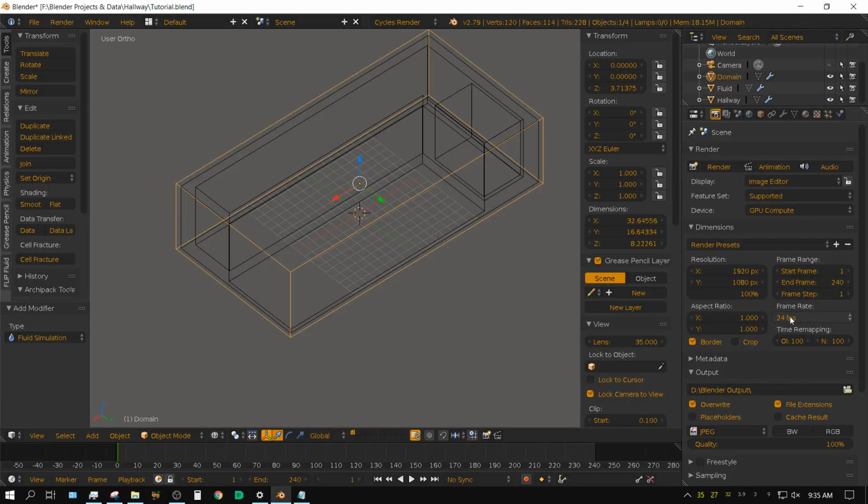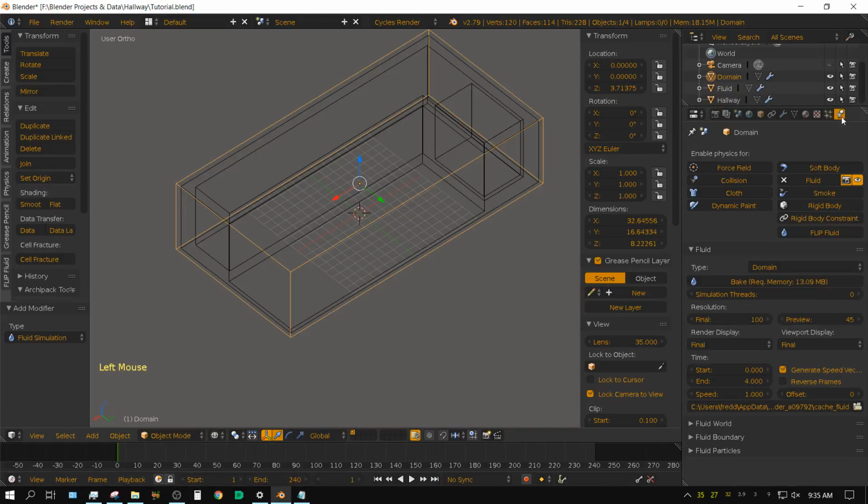But I got this set at 24. You can set it at whatever you want and just do the math to change the setting here. But I'm going to have it 10 seconds long because it's 240 frames. So I'm going to put this at 10 seconds. Now what this is really for is, suppose I have this set to 300 frames, but I still only want this fluid simulation to last 10 seconds.